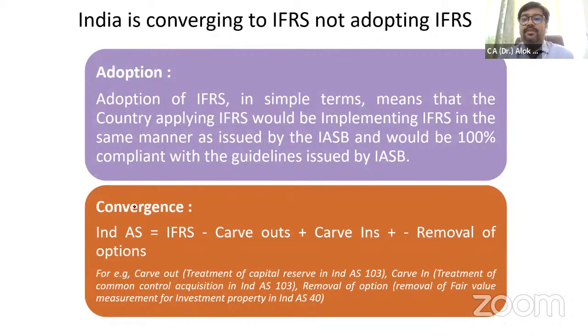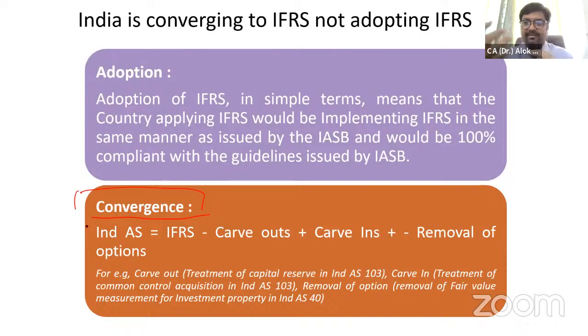Middle East, like if you see the Dubai Emirates balance sheet, you will find that they write that we have used IFRS in preparation of financial statements. They have adopted IFRS without any change. Pakistan has adopted IFRS, right? And the second mode is convergence. What is meant by convergence? Convergence means taking IFRS literature as it is and then doing some changes as per the suitability of the economy or industry. For example, India has converged IFRS.